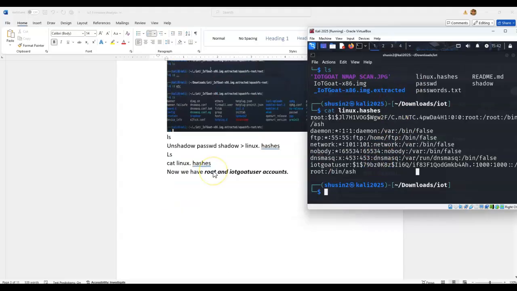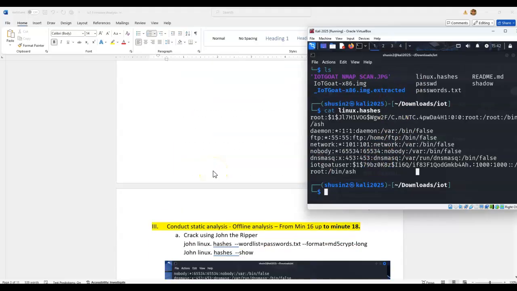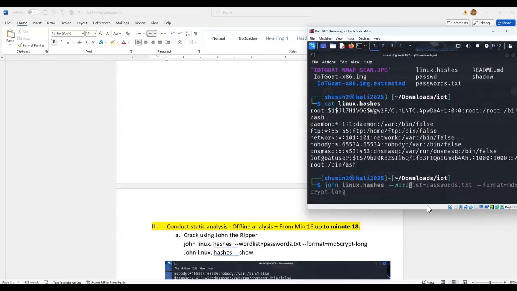All right, so what's the next one? The next one, let's crack this using offline analysis. So we're gonna use this, is called John Linux hashes, and then I'm gonna do word list, right?